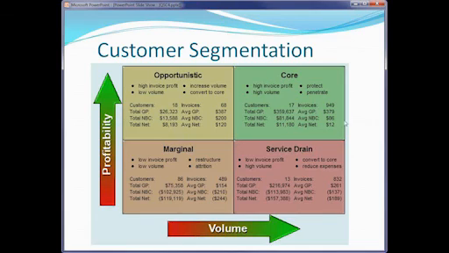So the two things are we want to have fewer service drain accounts or move them into the core accounts by making them profitable. We want to have fewer marginal accounts and make sure we're not paying commissions on anything that's unprofitable. And we want to find ways of moving people ever up into the core area so that the territories are more profitable. So recognizing there's 4 quadrants and then having an action plan for each of them, and a sales compensation plan that backs that up and encourages salesmen to do the right kind of thing and also prevents us from paying compensation or incentives on money-losing business, is one of the first elements that we want to look at.